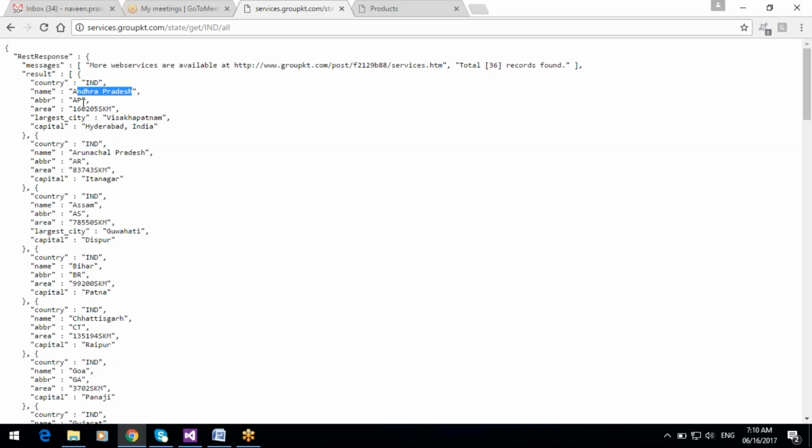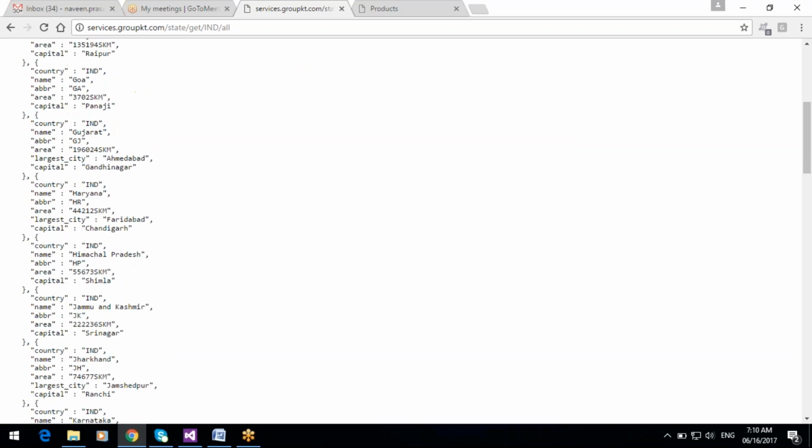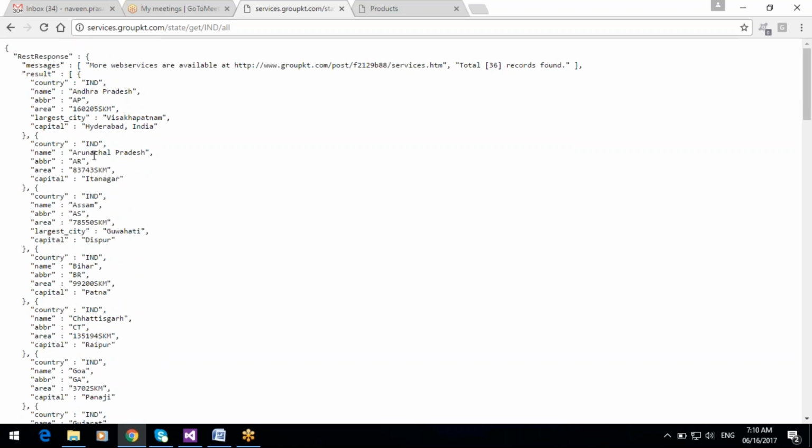Andhra Pradesh and capital and the largest city, and state area. Some states' information is there: Andhra Pradesh, Arunachal Pradesh, Assam, and Bihar.